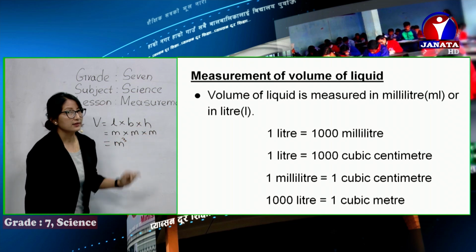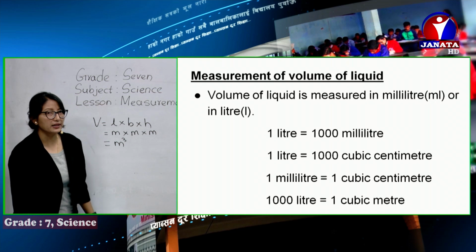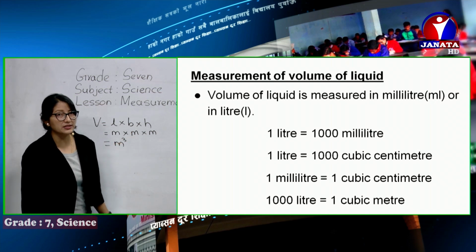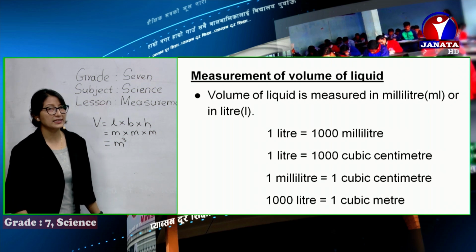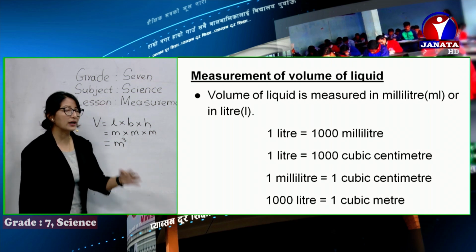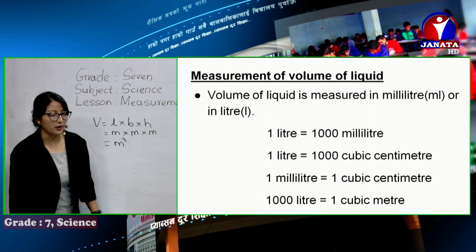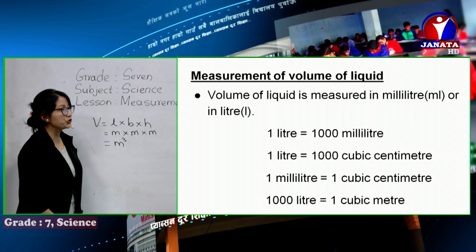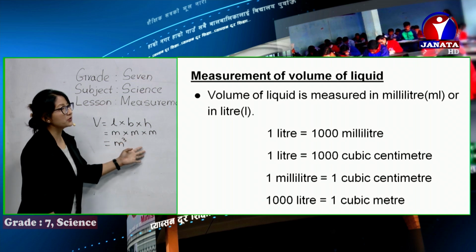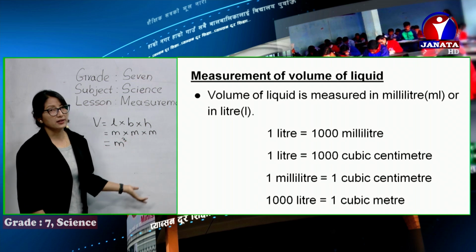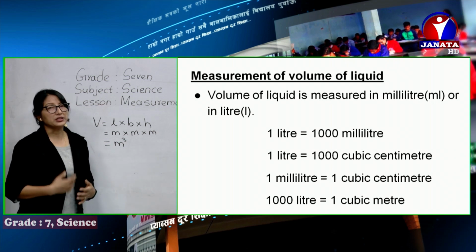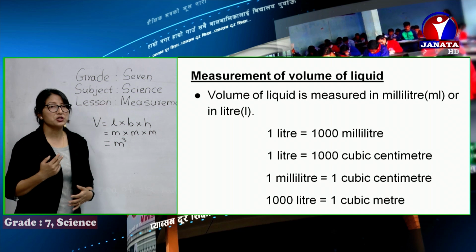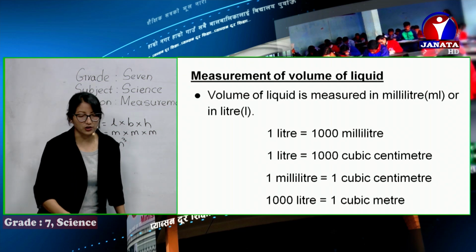And the main, simple relation related to it is that 1 milliliter is equal to 1 cubic centimeter. Please keep this in mind while converting. We have to remember, then the last one, 1000 liter is equal to 1 cubic meter. These are the common relations that you have to keep in mind, so that we can easily convert the units from milliliter to liter, or cubic centimeter to liter, and so on.